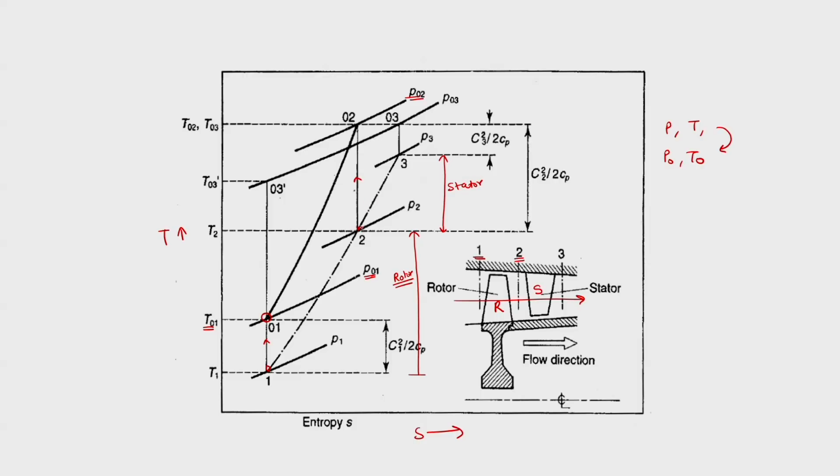In case of stator, we have again static pressure rise 2 to 3, but at 3, if we isentropically stop, then we will reach not 3, but there is no work addition in the stator. So, there will not be any change in total temperature between not 2 and not 3 in the stator. So, total temperature at not 3 is the same as total temperature at not 2, but the problem is that there is a decrease in total pressure due to friction, since total pressure increases in this direction on the TS diagram. So, this is not 3.